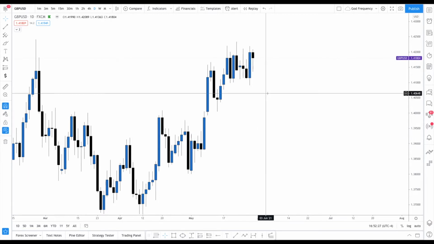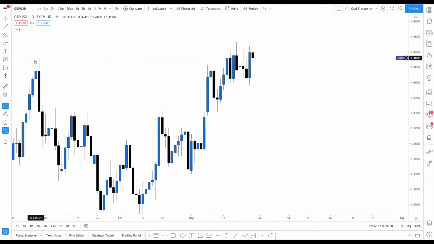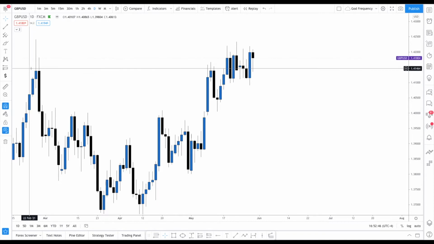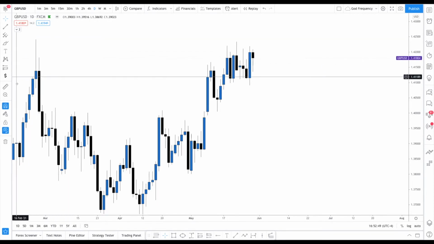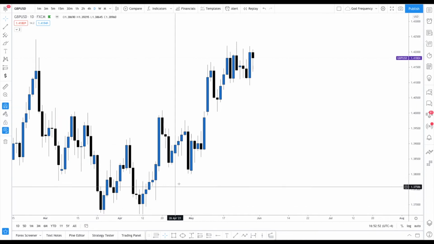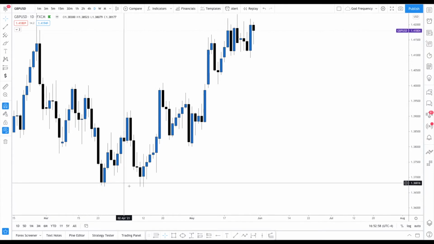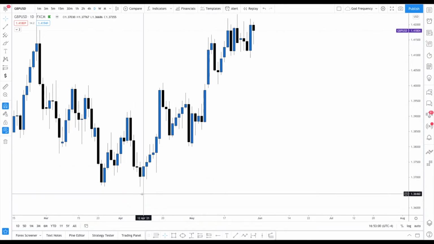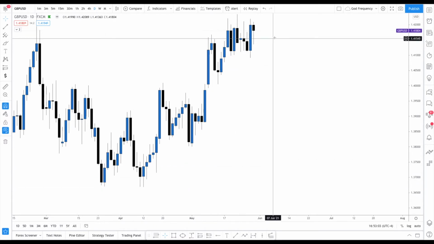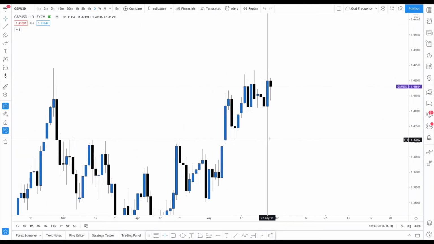So anyway, what I can see here is that we've been bullish. I also see that price is currently at a key level, right? And the reason I want you to take your eyes here is this was a huge swing high, where we started to go bearish. Then from here we made the retail double bottom, made a swing low, and started to go bullish. And we've been bullish since.